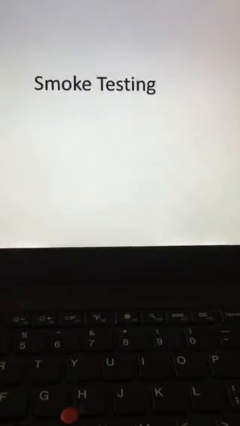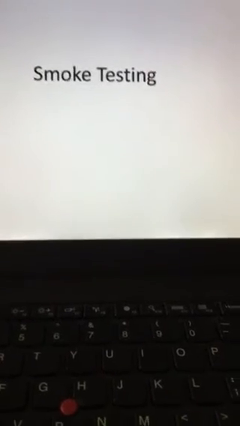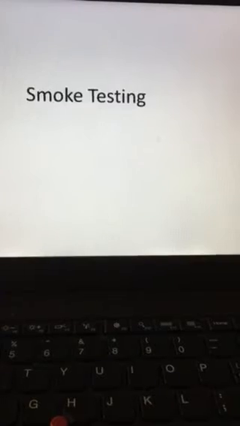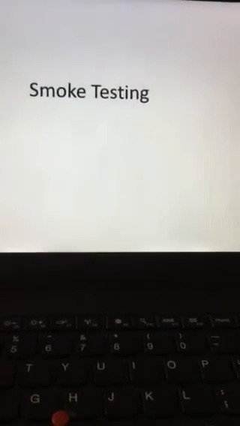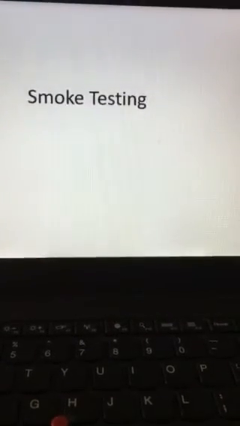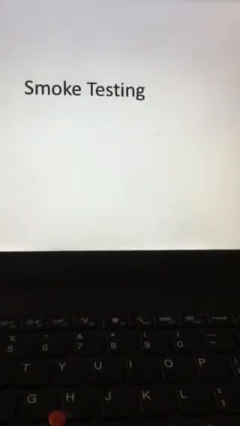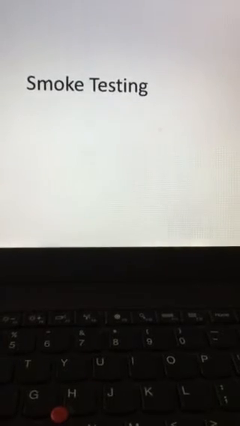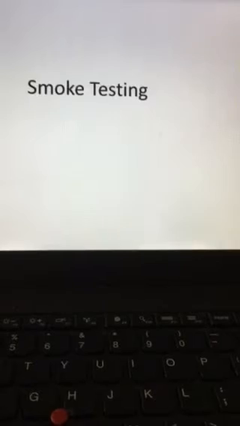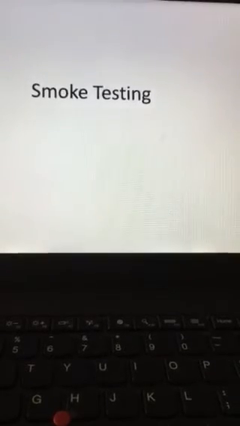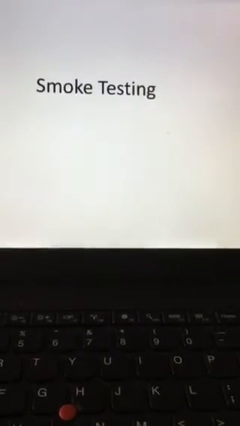You would expect a username label, a password label, and two text boxes to enter your username and password, and two buttons. One is to submit your login credentials and the other is to cancel it. So you just log in and see whether you have those buttons and text boxes correctly. You give a valid username and password, and then you see whether you are able to log in or not. That is the first thing you do once you get to know that the software is ready to test.